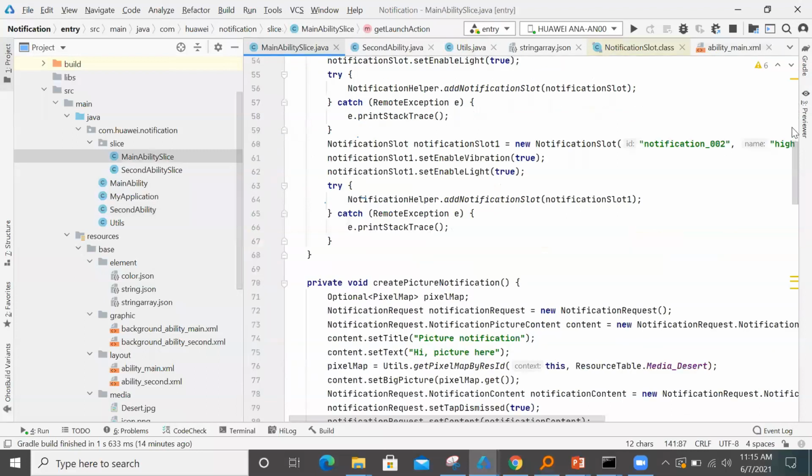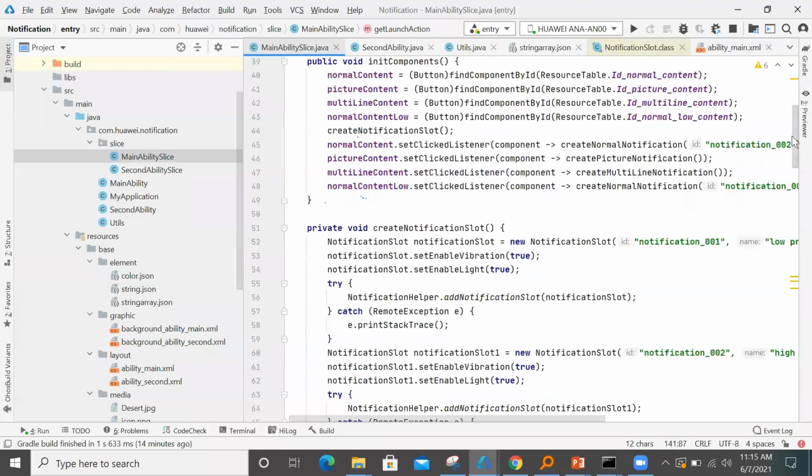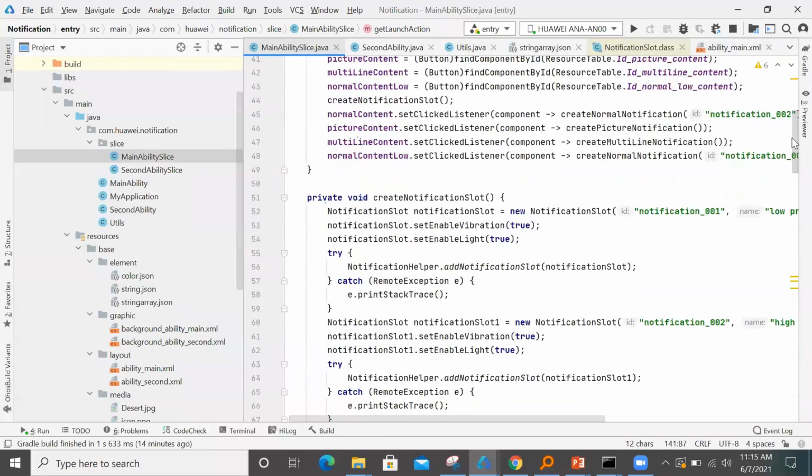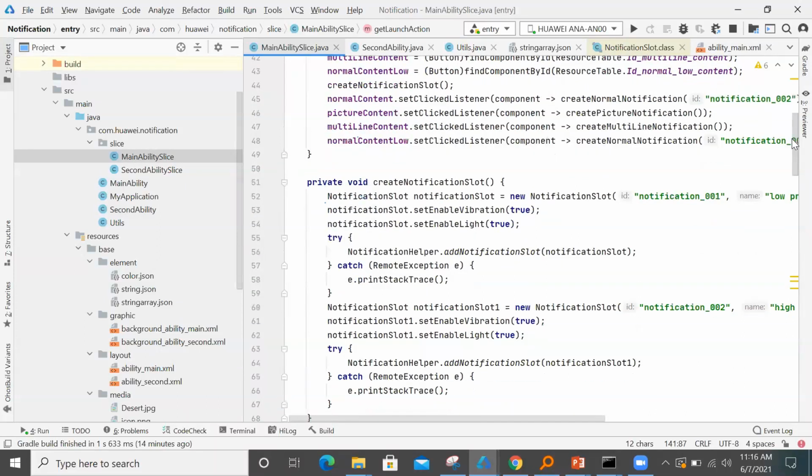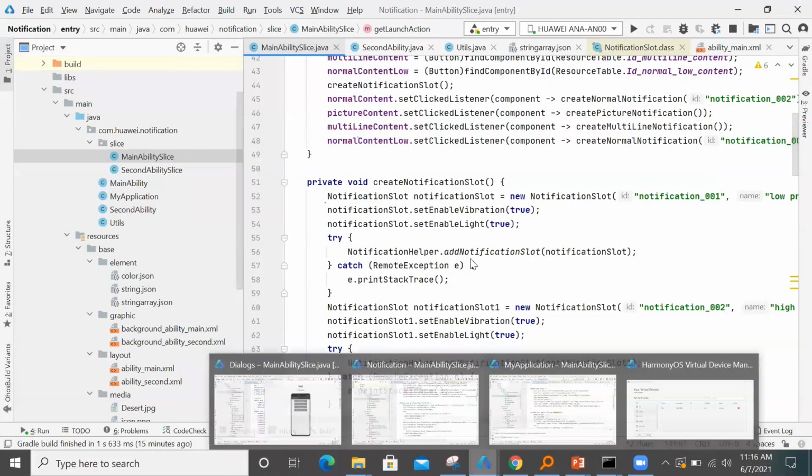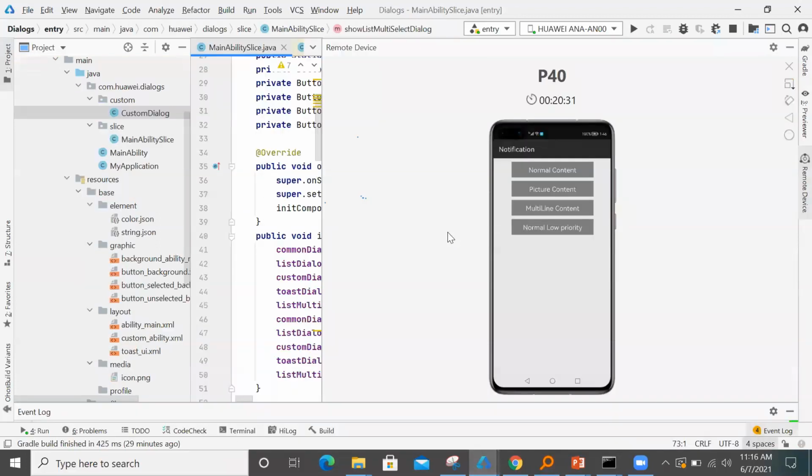Is there any method for setting large icons or small icons? Yeah, we have those methods. And one more thing, in the emulator, by default the launcher icon is shown on the notification there. Is there any restriction for the size of the icon?